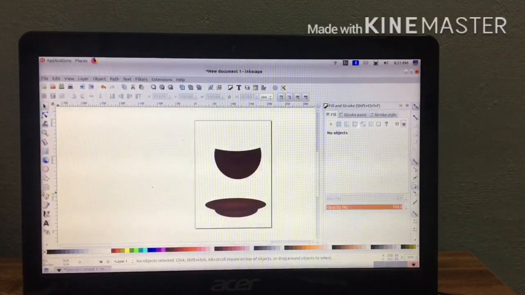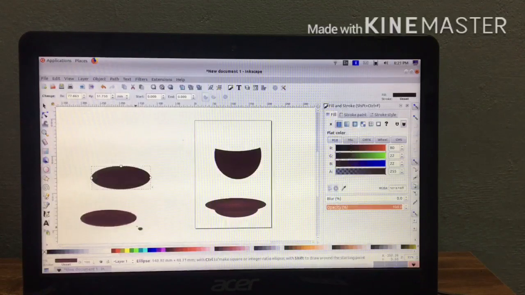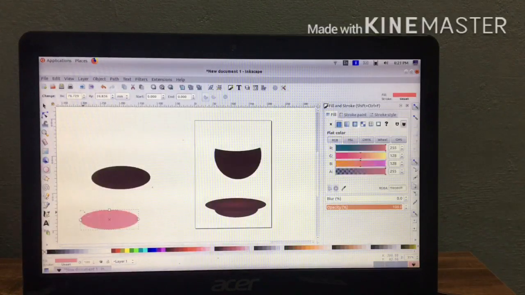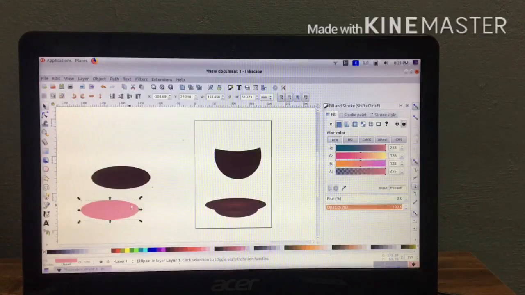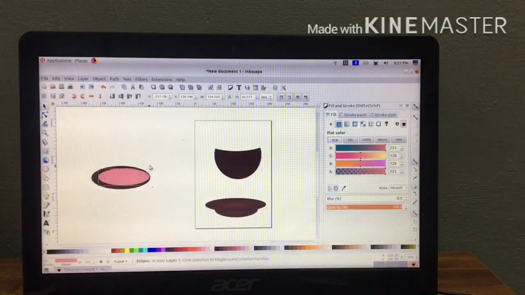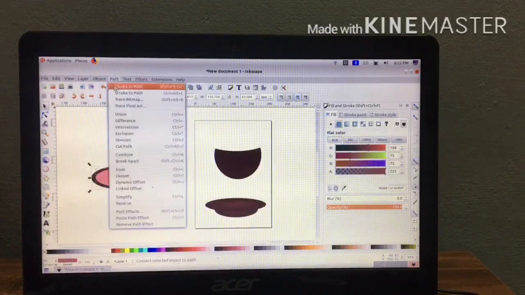For that again select the circle tool, draw two oval shapes, then rearrange them, reduce size and arrange them properly. Then go to path, difference. First you select both, then go to path, difference.